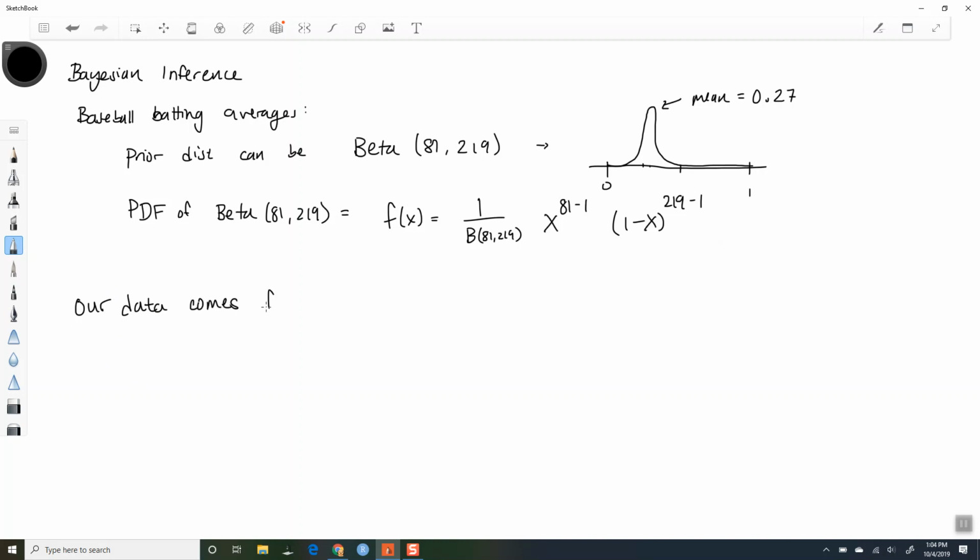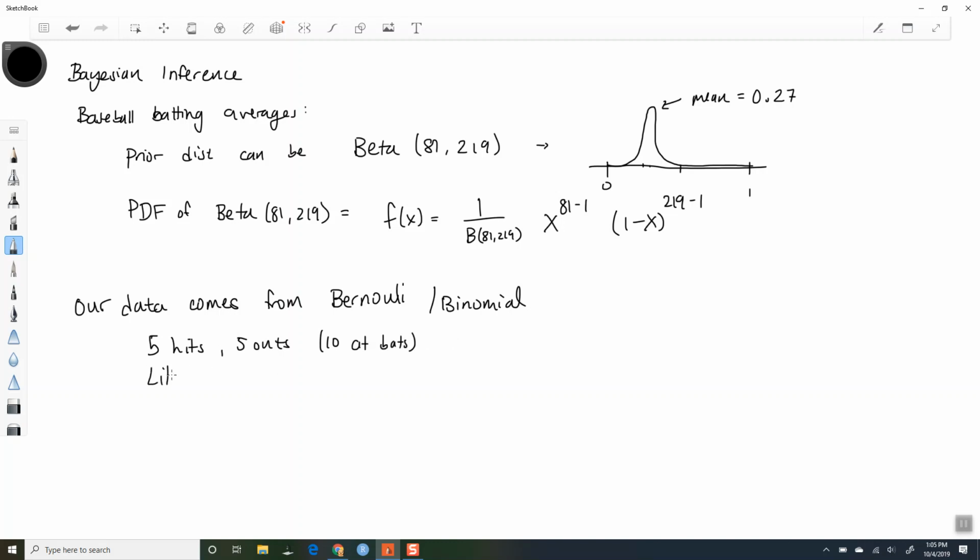Our data comes from, we can either call it a Bernoulli or a binomial, and the difference there is that the Bernoulli is a sequence of Bernoulli trials, an exact thing, and the binomial will have a factor that tells you how many combinations we have. Okay, and so if we have, let's say, 5 hits and 5 outs for a total of 10 at-bats,